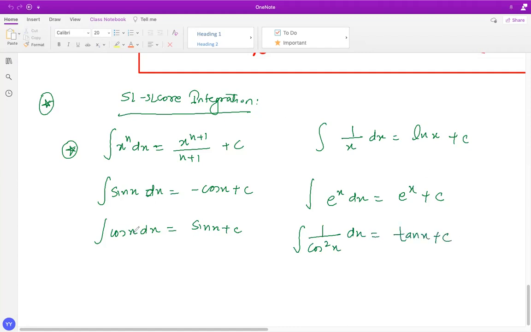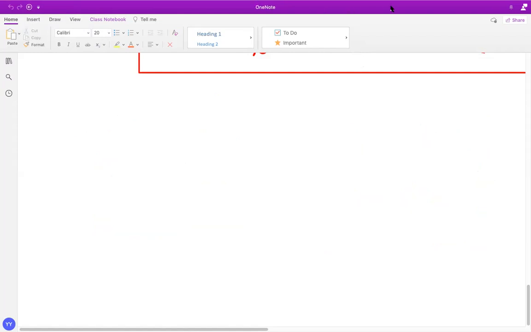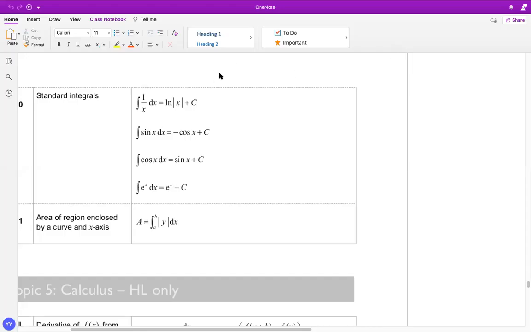Now, these formulas are all the standard level formulas given in your data booklet. So I'm just going to quickly use these formulas to solve some of the problems. So let's get started with the practice problems. So here are some of the examples that are linked with these formulas that we do in the standard level curriculum. So first thing is that let's say I have to integrate x squared plus 4x plus 7 over x squared